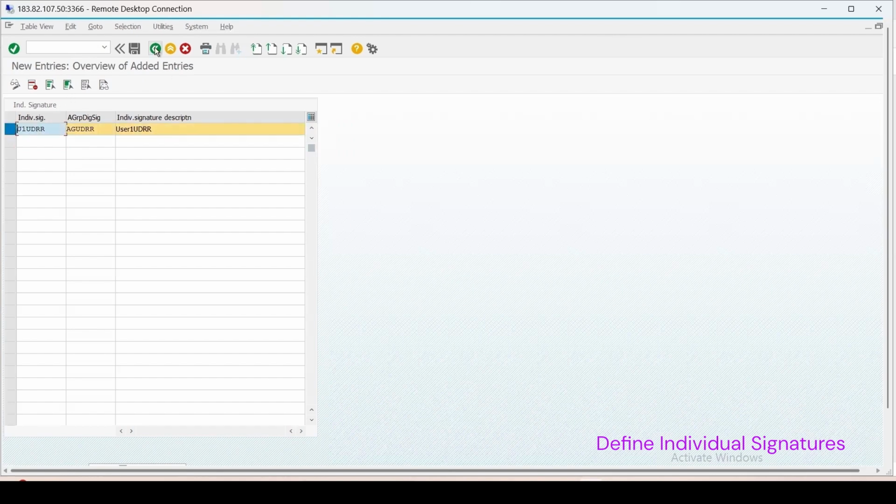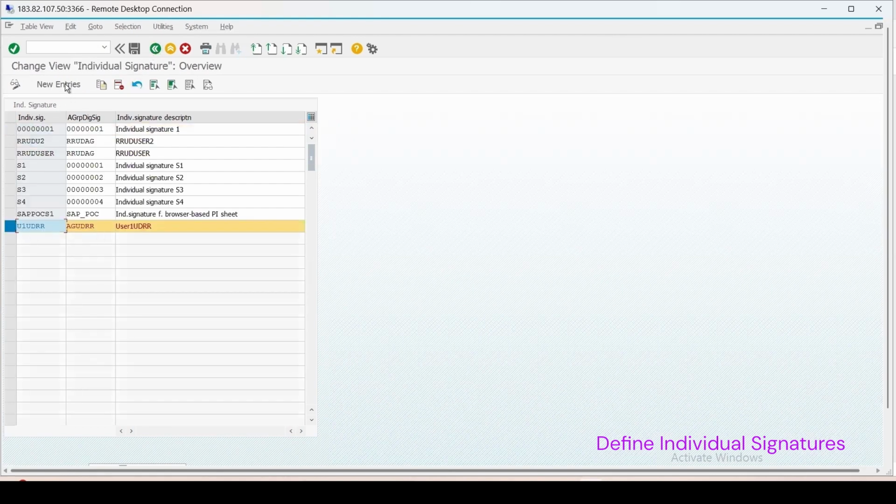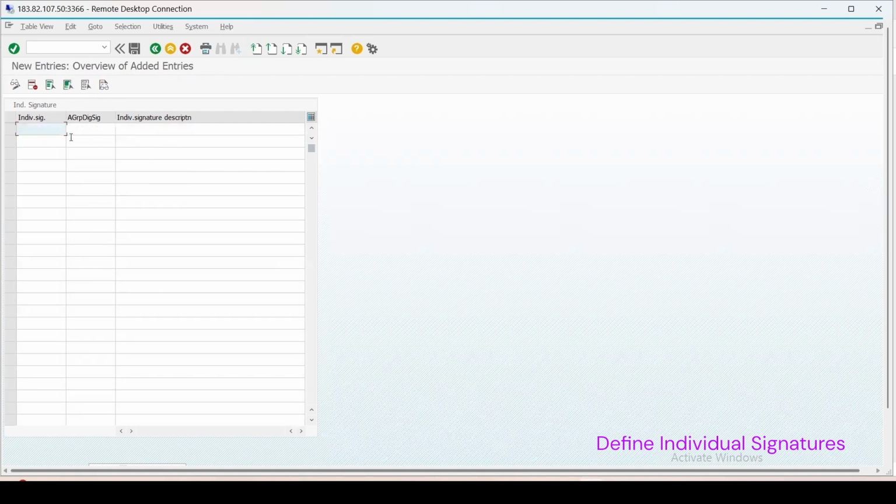create another. Let me go back. So click on new entry if you want to create another one, and again I can enter the same. Okay, but this time I'm keeping it as 2, and here also I will keep this and enter it as 2. Here I can enter a proper user 2.